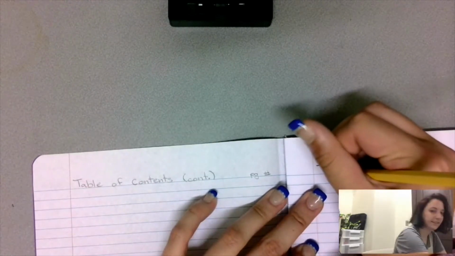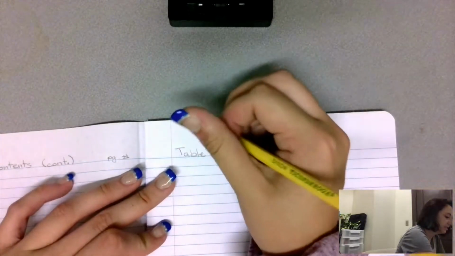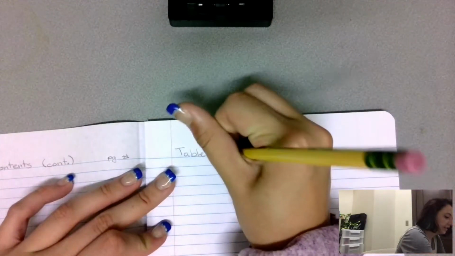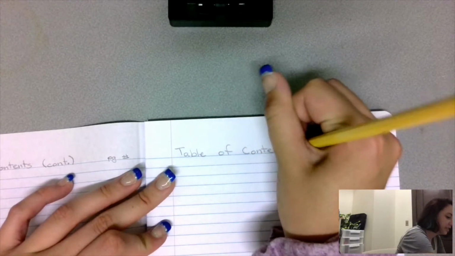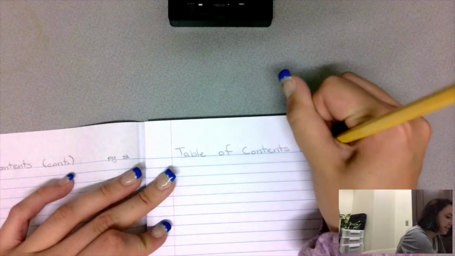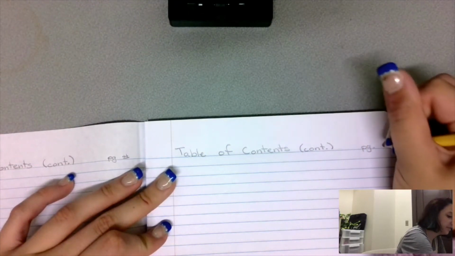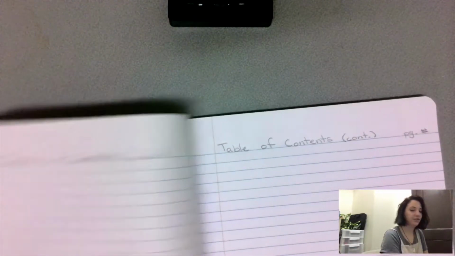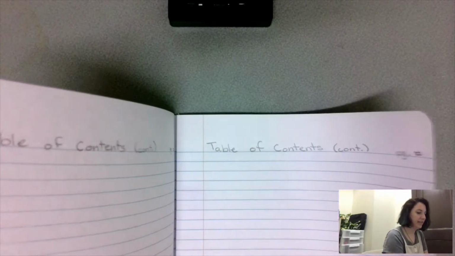And then lastly, on this 3rd page, Table of Contents, continued, and then the page number goes off to the right. So, you should have 3 pages, 1, 2, 3. Then turn the page,